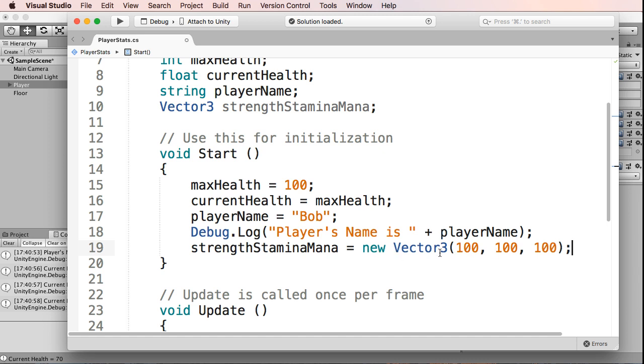The reason I want to put some weird numbers in here is to show you a couple things about the Vector3, but also about float numbers, because a Vector3 number is actually a combination of three floating point numbers, not just any numbers, but floating point numbers. It allows for decimal places. So let's say our strength is,